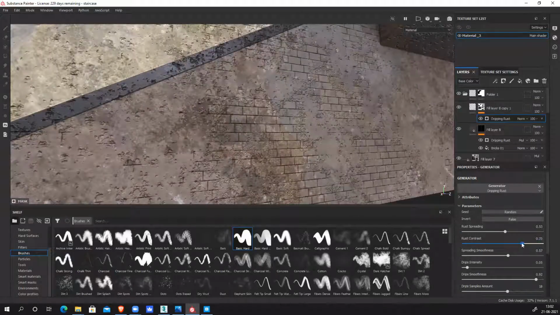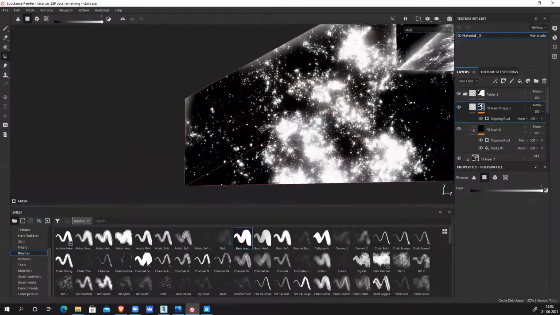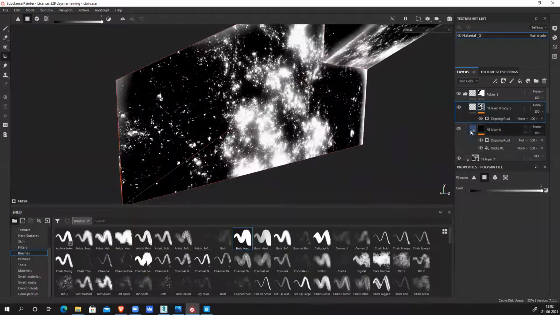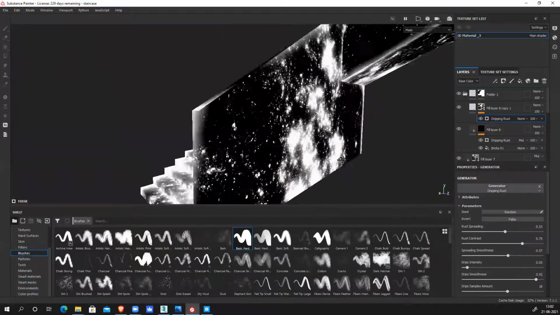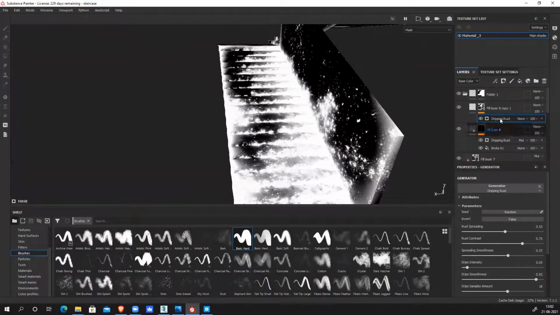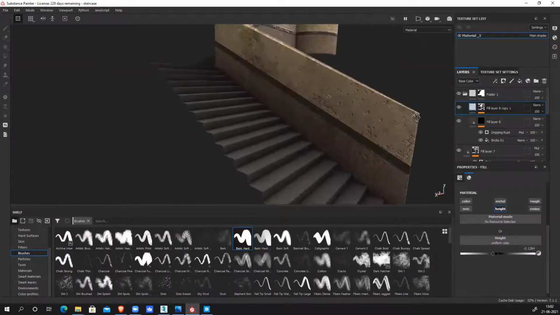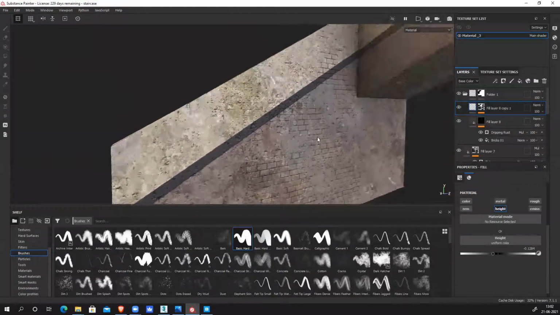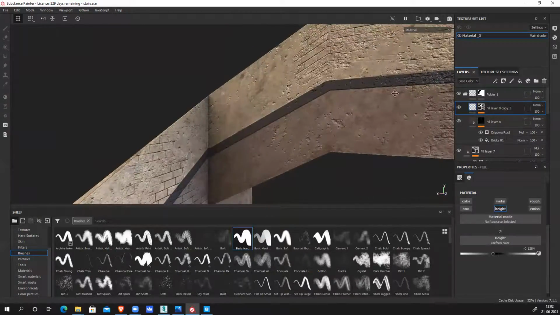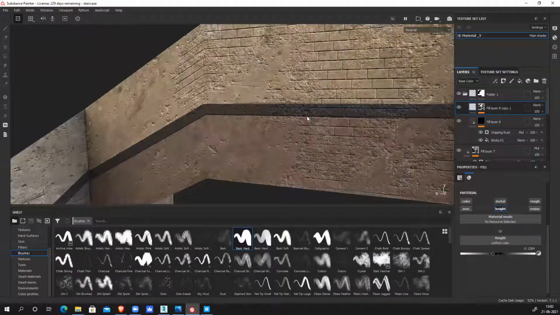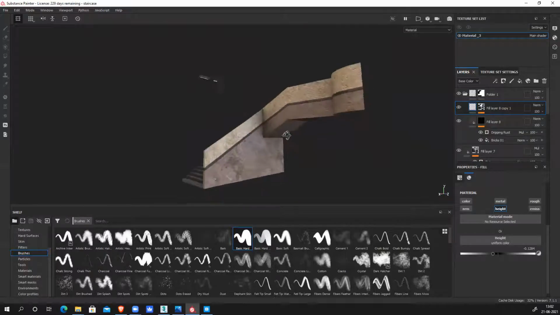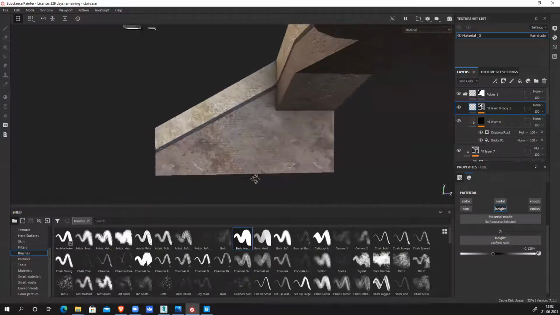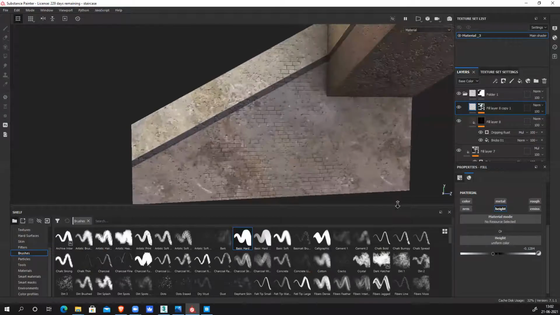Contrast I can reduce. Alt and click, I can see it's pretty noisy. So I'll just click on this and make it a little high contrast and get rid of too much of this. So you can clearly see now the separation. This brick part and this surface, they are two separate surfaces, which is clearly visible. Add details if I want.